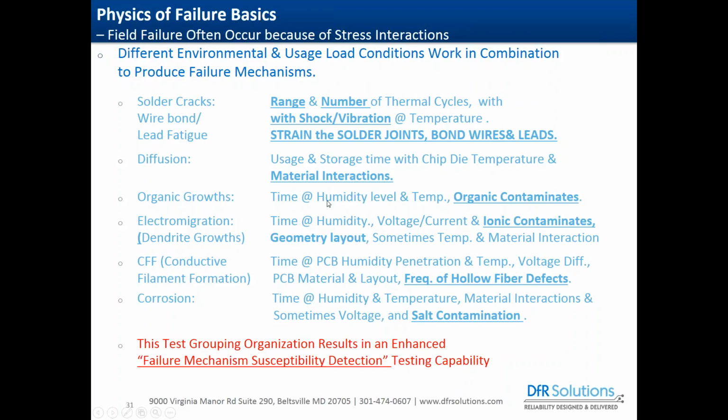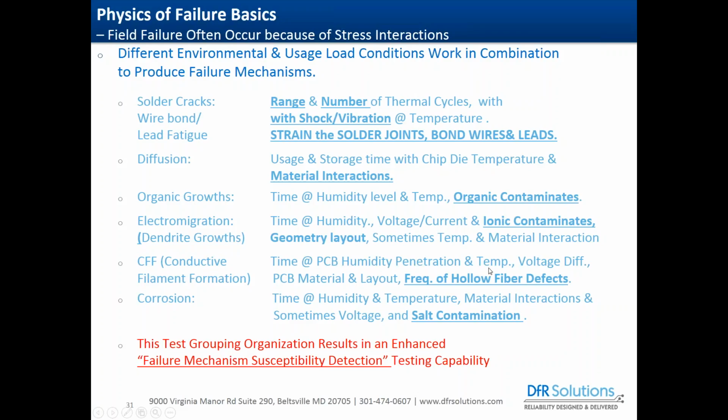Organic growth issues would be time and temperature and humidity levels, and if there were organic contaminants present. Electromigration, dendritic growth failures, were determined to be a combined function of time and humidity, voltage and current, and ionic contaminants, and the geometry layout of the circuit board. Same thing with conductive filament formations. Short circuits like dendritic growths within the circuit board were traced to time and